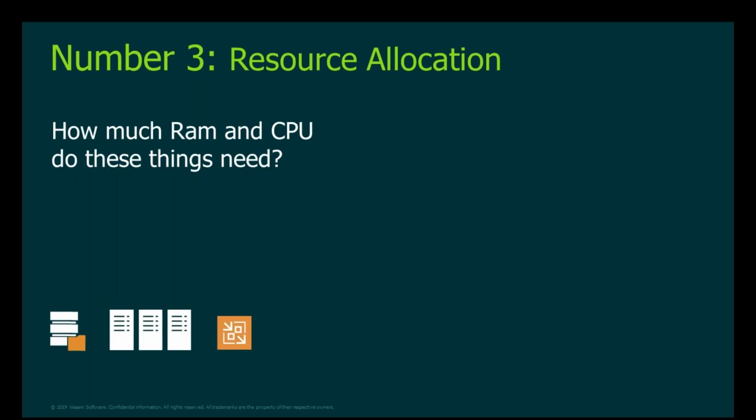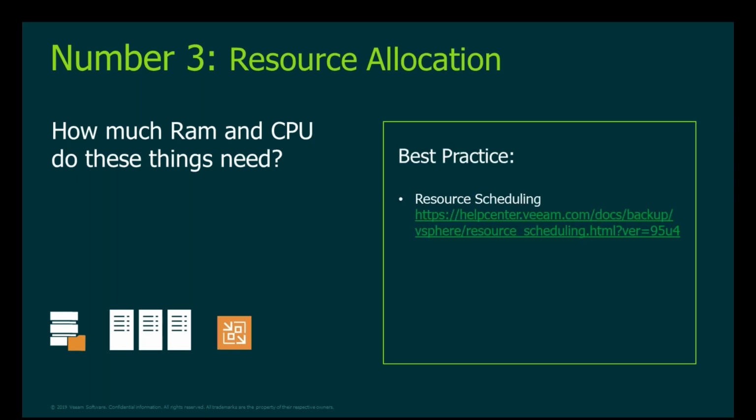And with this one, we're going to go over roughly how much RAM and CPU our proxy and repositories standardly need, and then the backup console as well. Veeam uses what we call a resource scheduling tool. Now, this will interact with our Veeam backup service. When a job or task runs, it communicates with this service and informs it of what resources it needs. The service analyzes the job settings, the backup infrastructure components, and the current load on the components, and automatically allocates